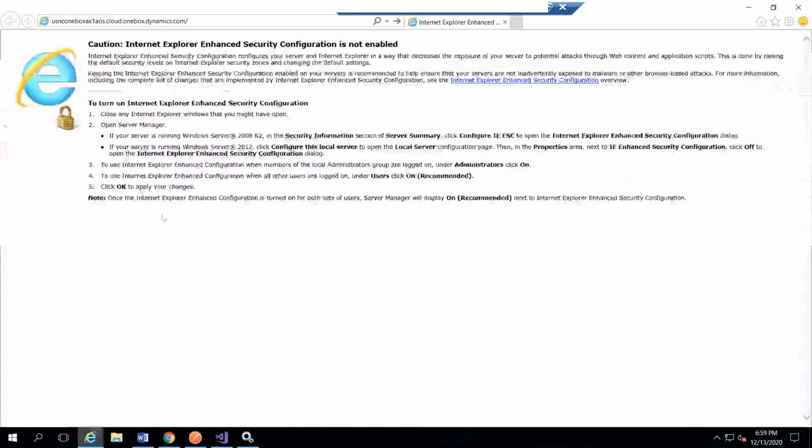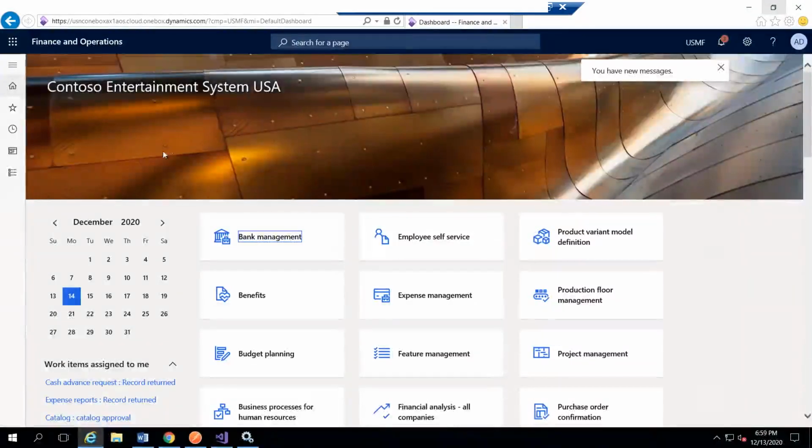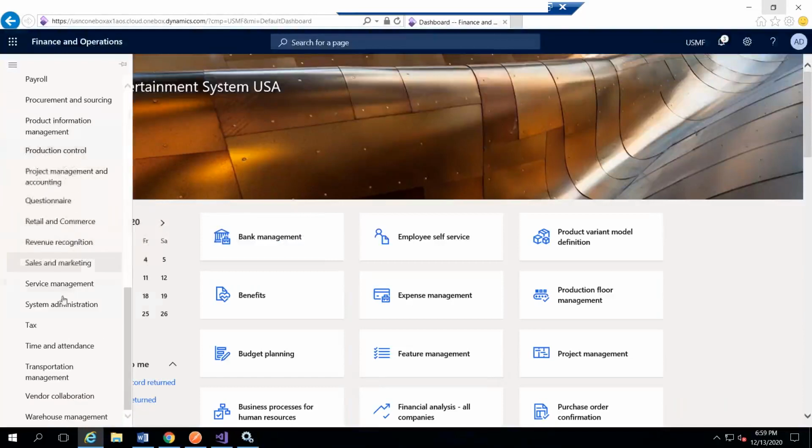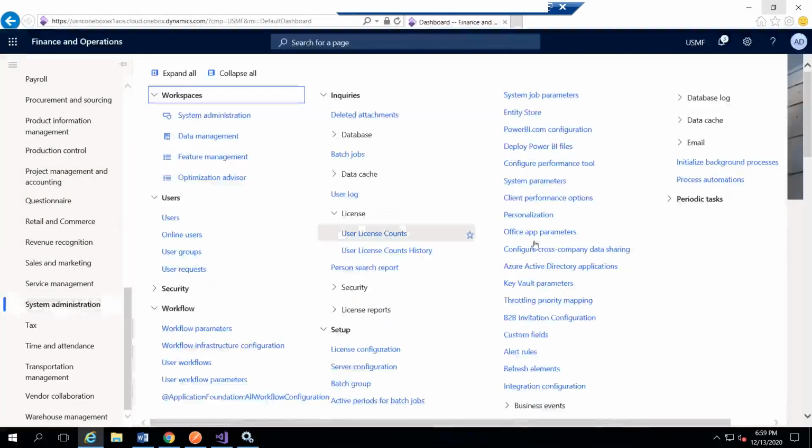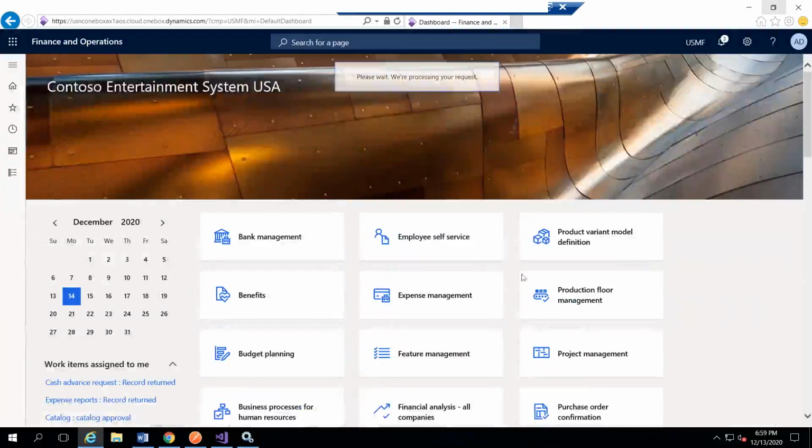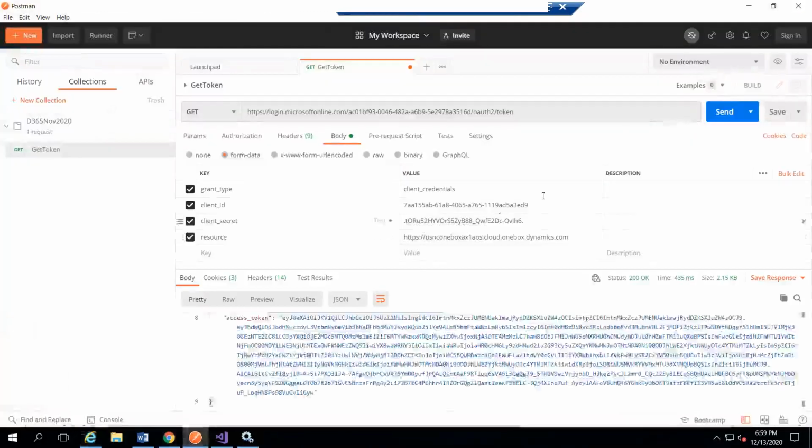The next step would be to go to the front end. Because whatever client ID we have generated now, we need to add that in Visual Studio, and then we need to say that this is the client ID that I want to use. To do that, you need to go to system administration, and then you will have Azure Active Directory applications. Here you need to add the client ID. We have generated one client ID now. This one, you need to take this client ID